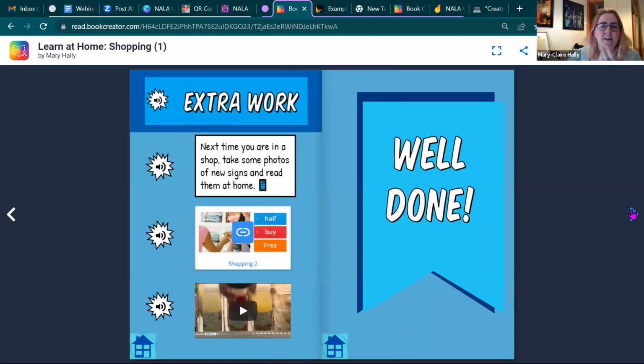And then the part at the end, the extra work, is where our self-directed learning element really comes into play, because this is optional. So giving students the option to do a little bit extra if they want to, giving them prompts, extra games, or a video to watch that gets them thinking. So within that,